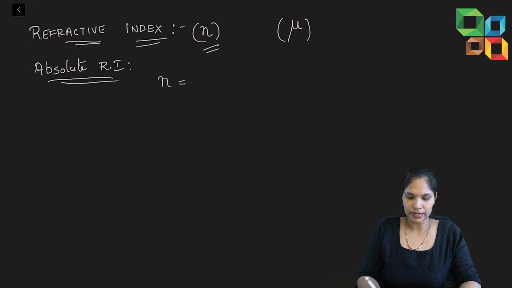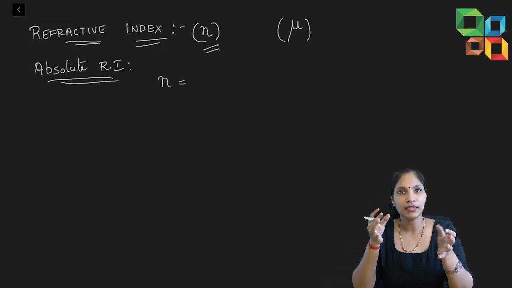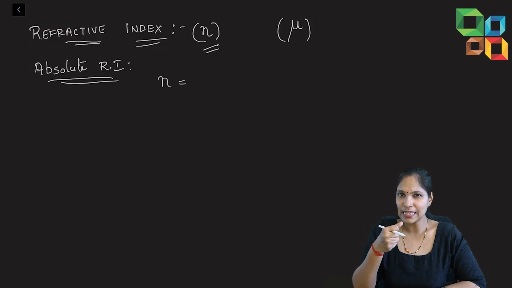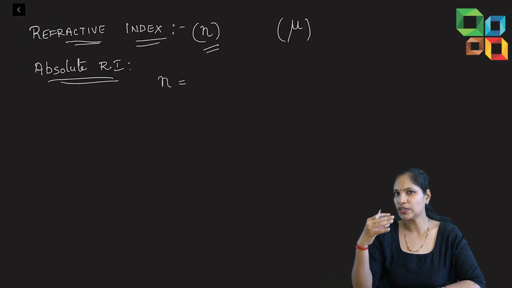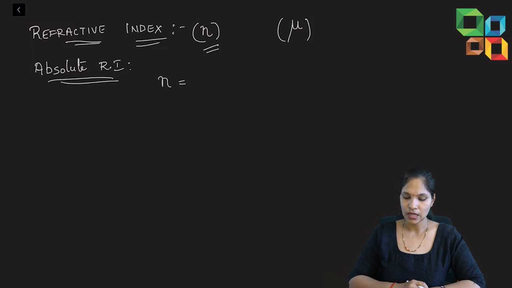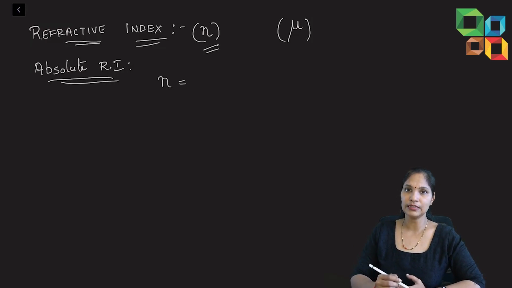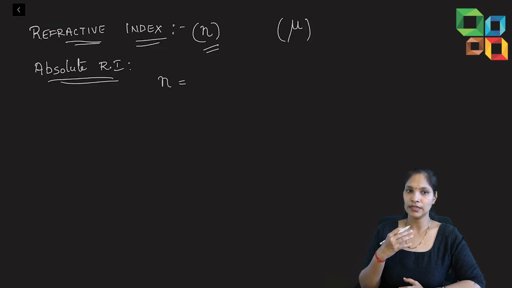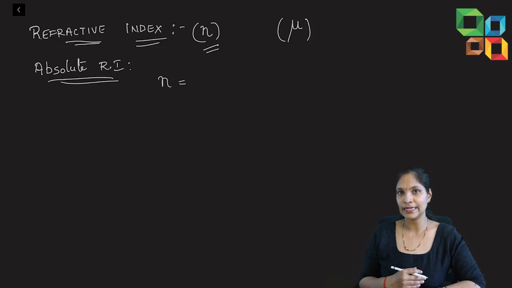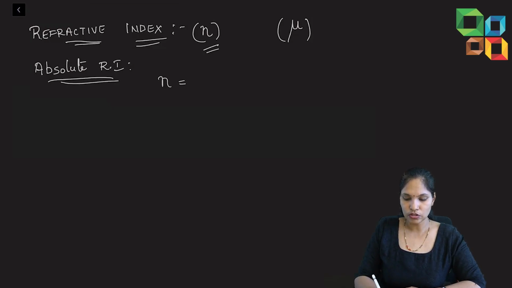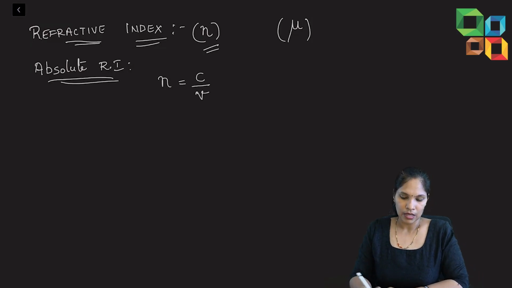So what is this absolute refractive index? Actually, refractive index itself talks about the nature of the medium, I said, right? So it actually tells us whether in that medium light can go faster or slow. So finally, it is something related to the speed of light in that medium. So absolute refractive index is something that tells you in that medium how slow light can go or how fast a light can go. So the formula for the absolute refractive index is c by v. It's a ratio of speed of light. c stands for speed of light in vacuum